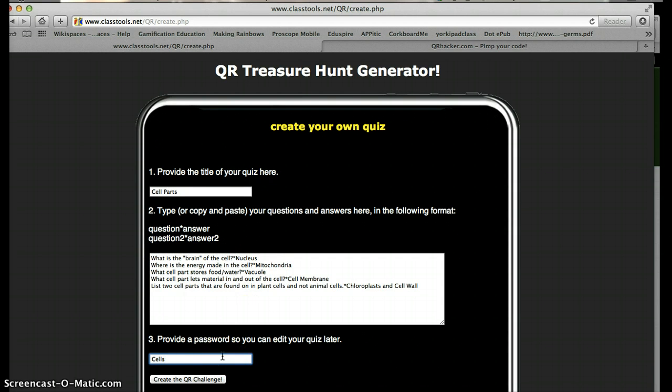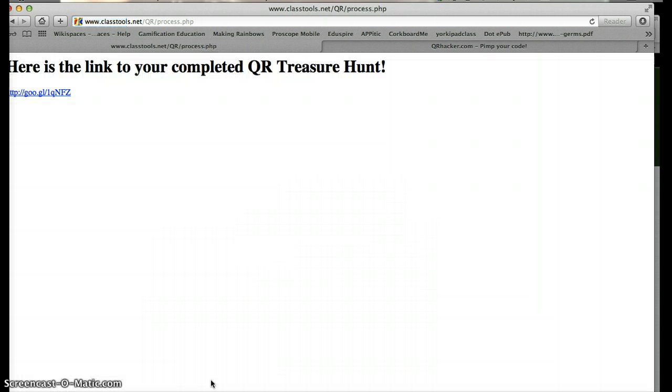At the bottom they ask that you create a password so you can edit your quiz later. I've never really had to use this, so I just made up cells. So when you're done with this, you hit create the QR challenge, and it says here's your link. So what you can do is you can click here,